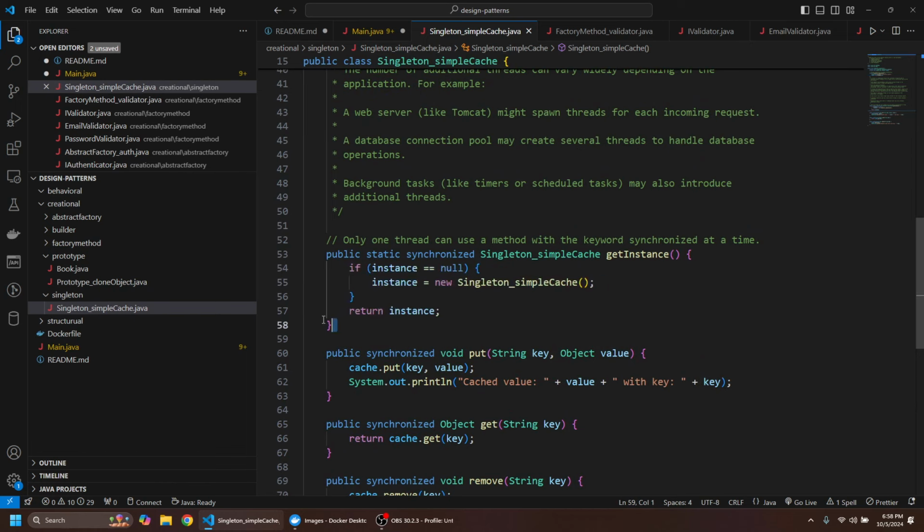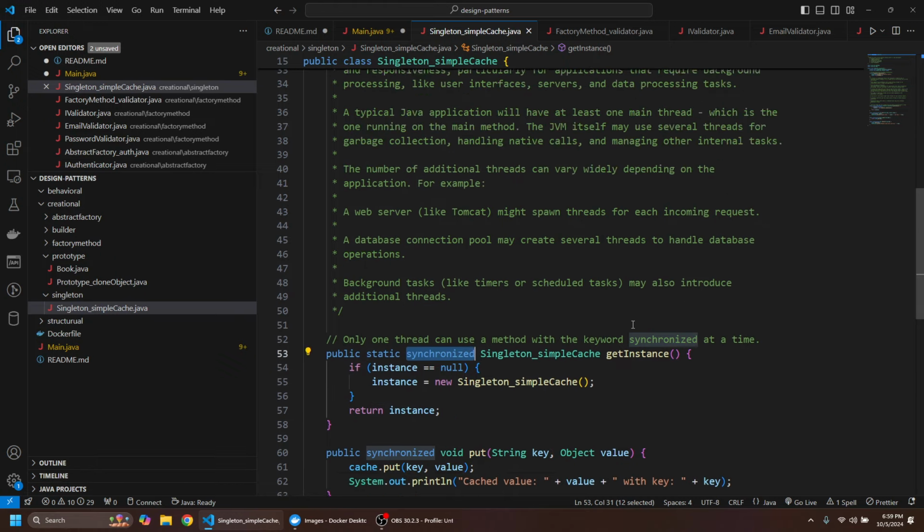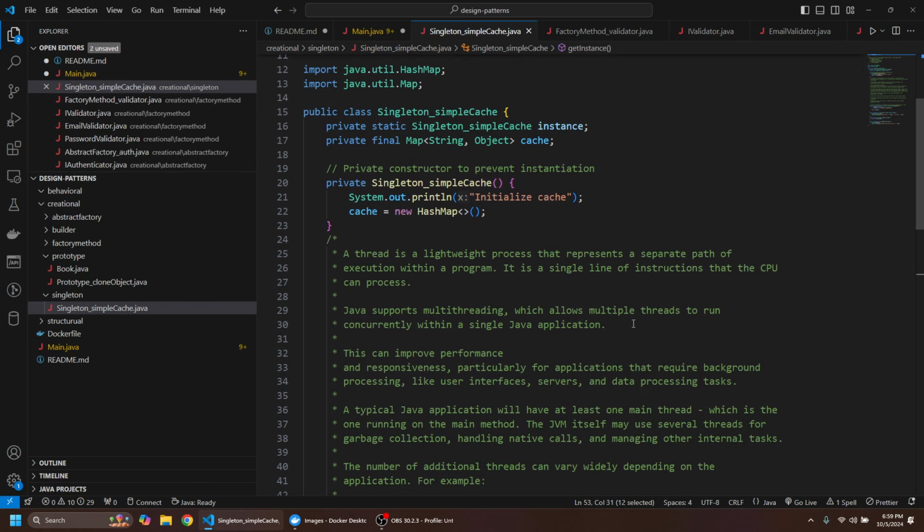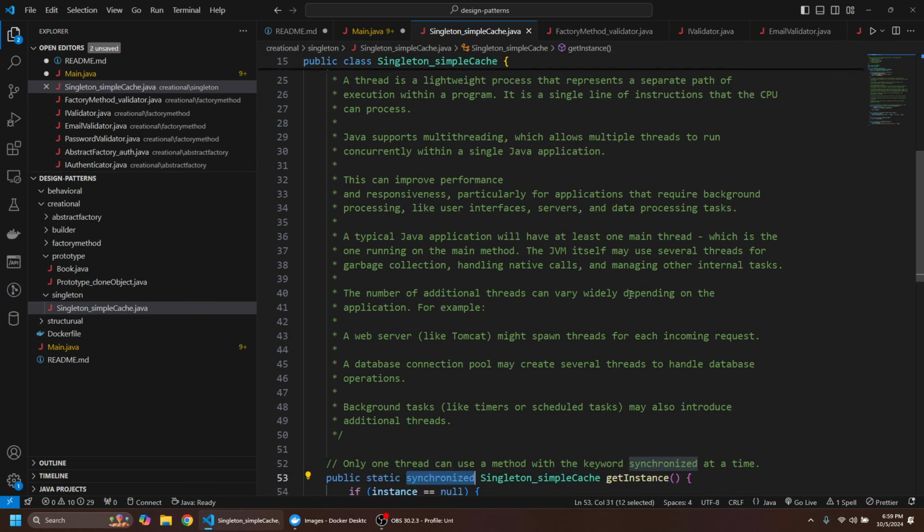But we also have this method here, which is get instance, and all it does is it checks if the instance is null. If it is null, we return a new instance. Otherwise, we return the existing instance. And one thing you'll see here is we actually have this synchronized keyword, and that might be a new concept to you. I have some notes here that go into more detail, but essentially